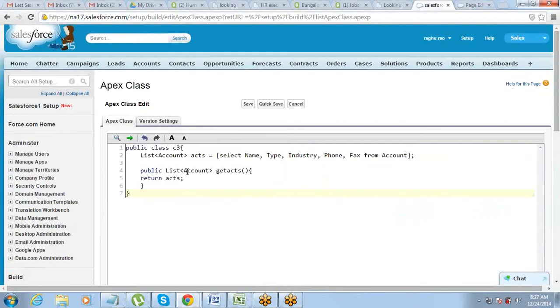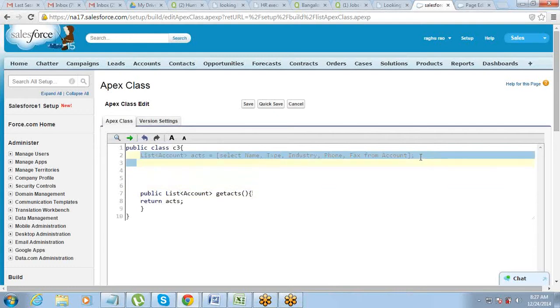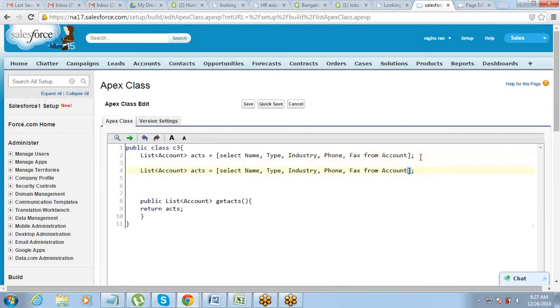Then we will need to put a where clause here. Direct accounts where type equals